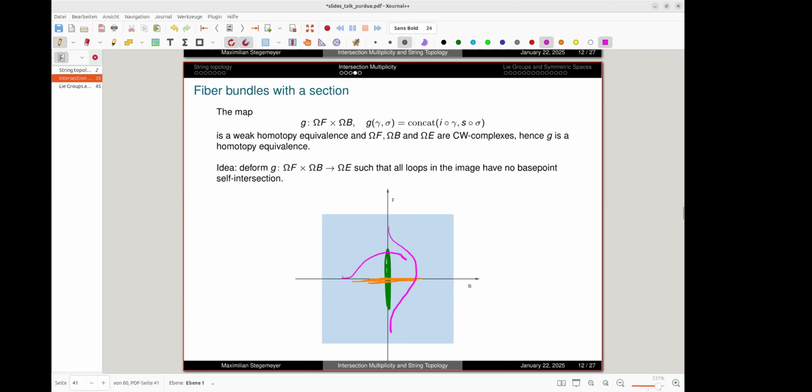And you can do this in a smooth way. There's a homotopy to the identity, and so you can turn on and off this deformation using the time parameter of the loop. Like this you can remove all the self-intersections for these base loops. It's quite clear that this strategy does not work immediately on the free loop space, but in the setting of the base loop space it works. And again, you show that the intersection multiplicity is 1,